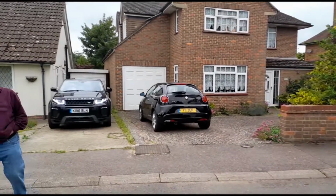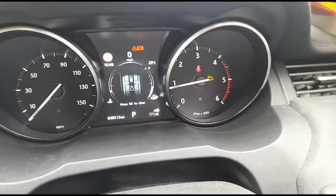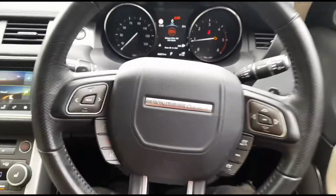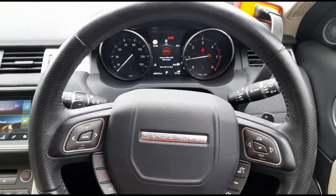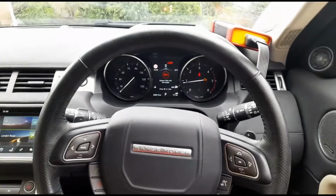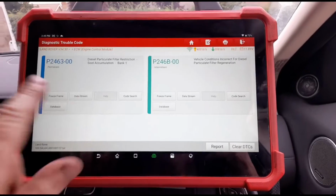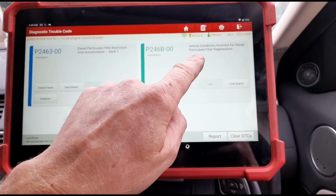I'm looking at a Range Rover Evoque. Okay, we have an exhaust filter full sign, engine management light on. This car's got a little bit of a backstory to it. His brother works for the AA, and he's been out trying to sort out the problem. They've done a little bit from my videos, so they've sorted out the NOx problem, but